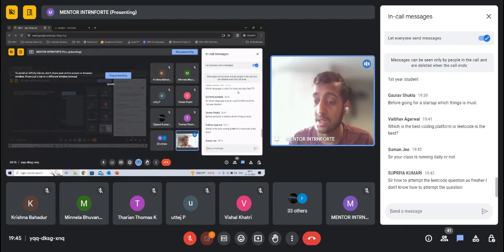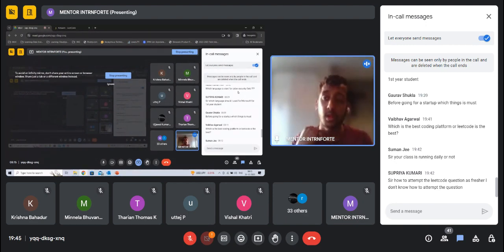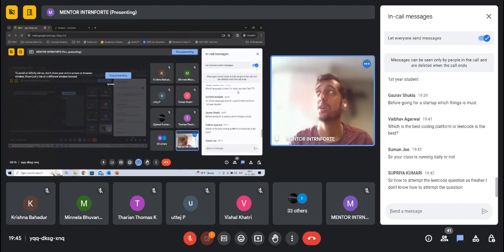Okay, let's see which names. So cybersecurity. I think in cybersecurity, a lot of engineers use Python and Java. I'm not someone who's very well versed with cybersecurity, but as far as I've heard, Python and Java are pretty common. And cybersecurity is something that has to be ensured for every system, right? So even if you have a system built in C++, you will need some security for that. And if you have a system in Java or Python, you will need security for that too.